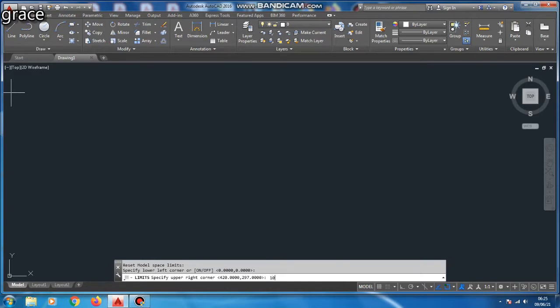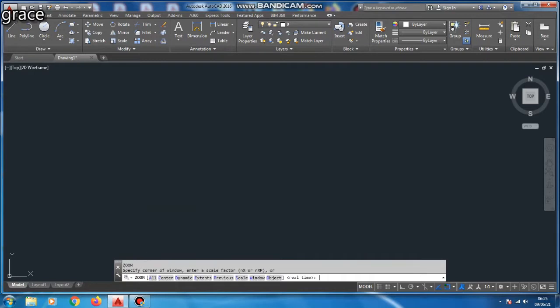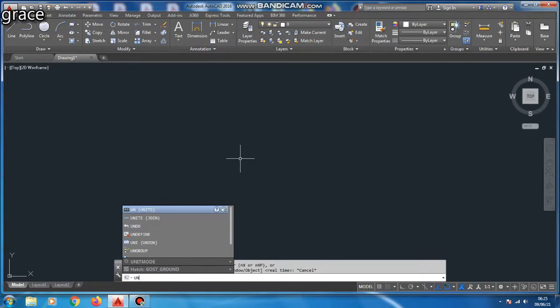First we have to fix the upper limit of our diagram. Just give a simple enter and then use the zoom command. Give the zoom command with the all option to change the drawing screen to a desirable size. Next,